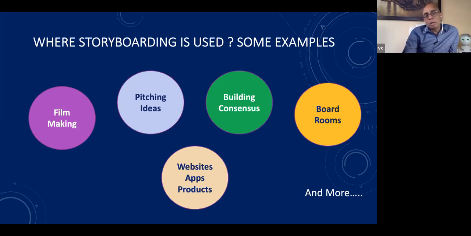So as we talked about, for example, we're discussing websites and apps. When you talk about games, when people build games, they build a story around it. Same way with products as well. And this has uses not only in these specific areas I talked about, but there are several areas. When you start thinking about convincing somebody about certain things, which has a lot of consensus building,